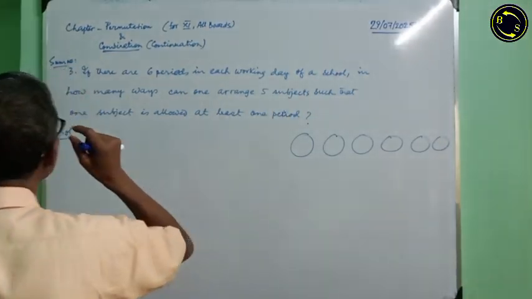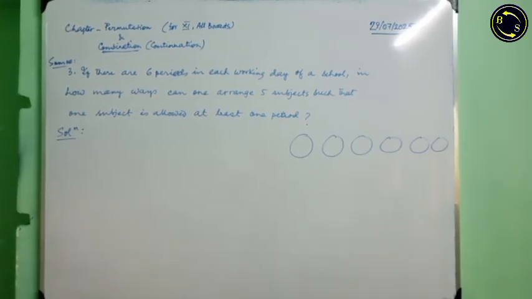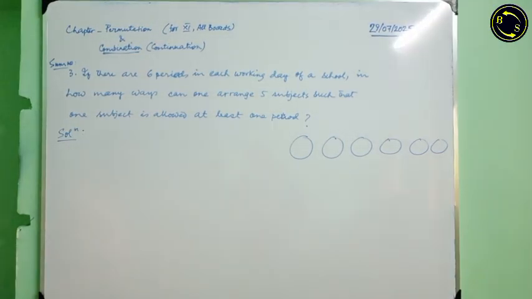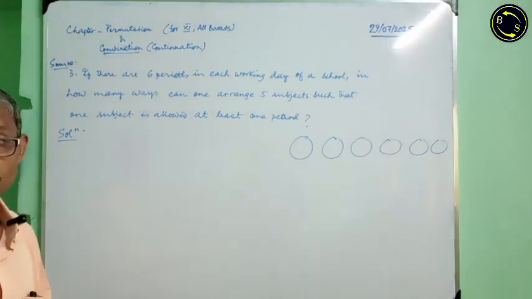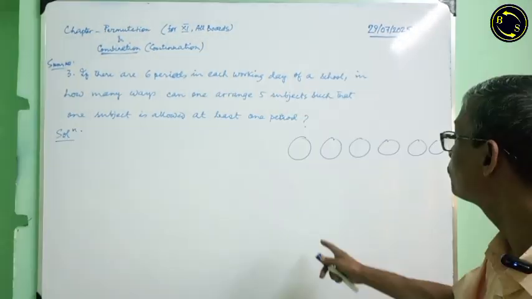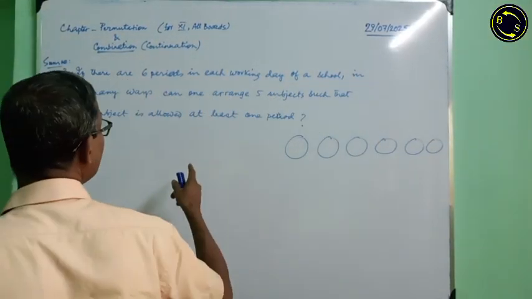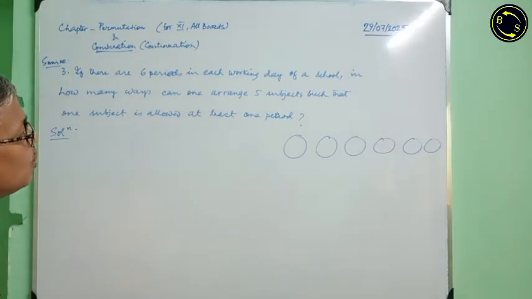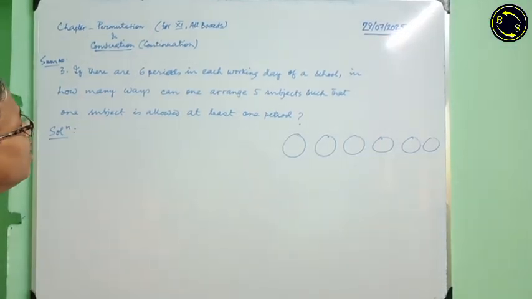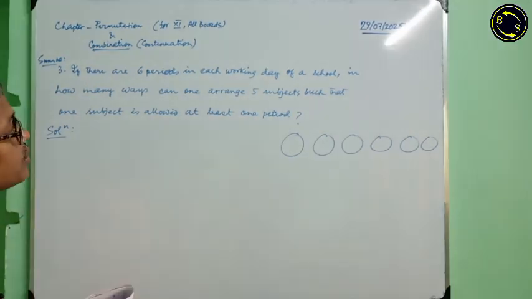Now problem number 3. If there are 6 periods in each working day of a school, in how many ways can one arrange 5 subjects such that one subject is allowed at least one period? 6 periods are there, 5 subjects are there. Therefore, if we allowed one subject, then out of 6 periods, 5 subjects will be,